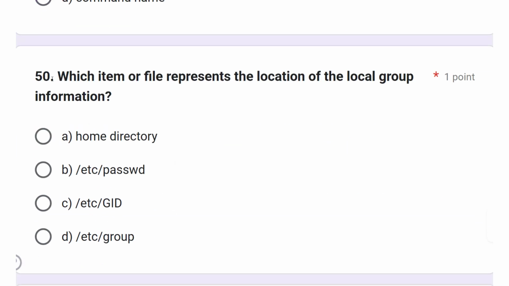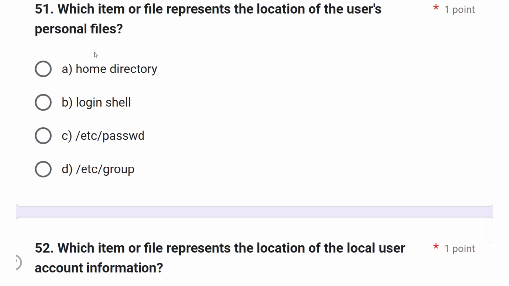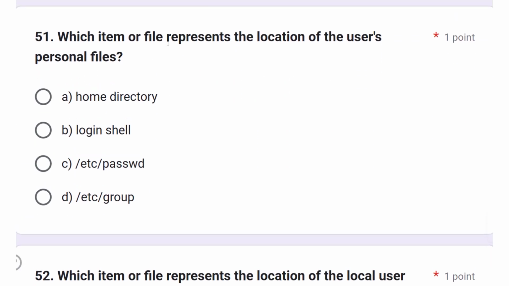And then which item or file represents the location of the local group information? The local group information is obviously inside the root /etc then /group. It's the root directory, and then under group is where all the local group information is available. So which item or file represents the location of user personal files? This is obviously the home directory. In the home directory, every user has their own home directory where they will find their personal